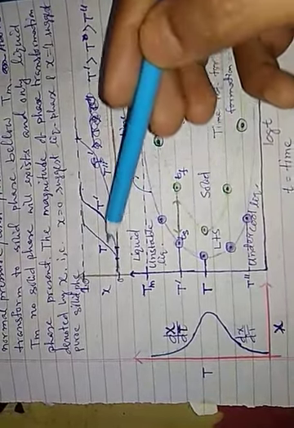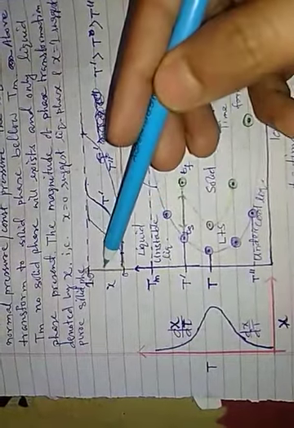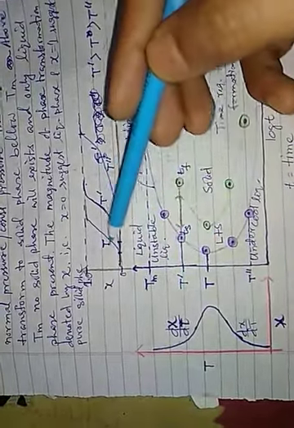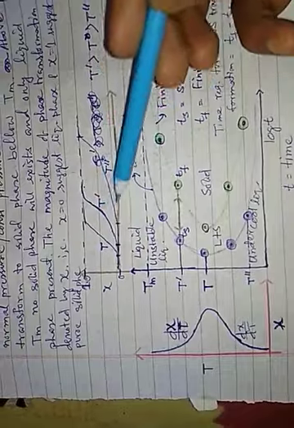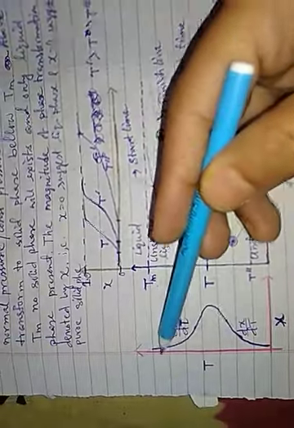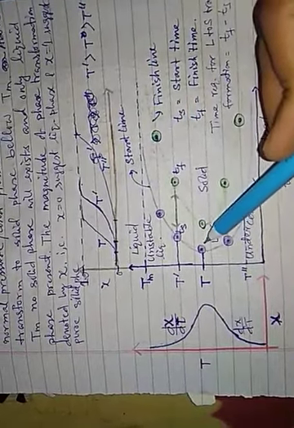Again, if you go to a higher or lower temperature, you can notice that the extent of transformation decreases, dx/dt decreases, so the profile of x versus t will change. Similarly, the start time will be longer for a higher temperature and a lower temperature zone. Now similarly, the start time will be longer and your finish time also becomes longer, and the difference between your start time and finish time will be the time required to complete the transformation process.